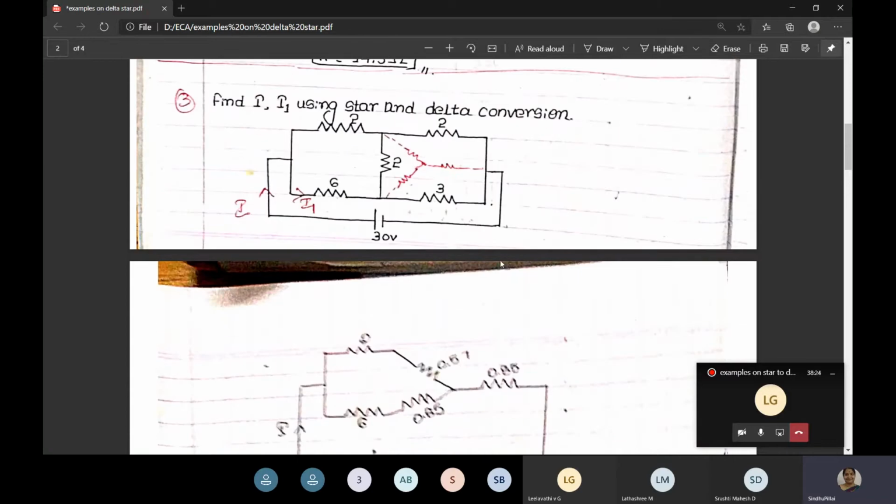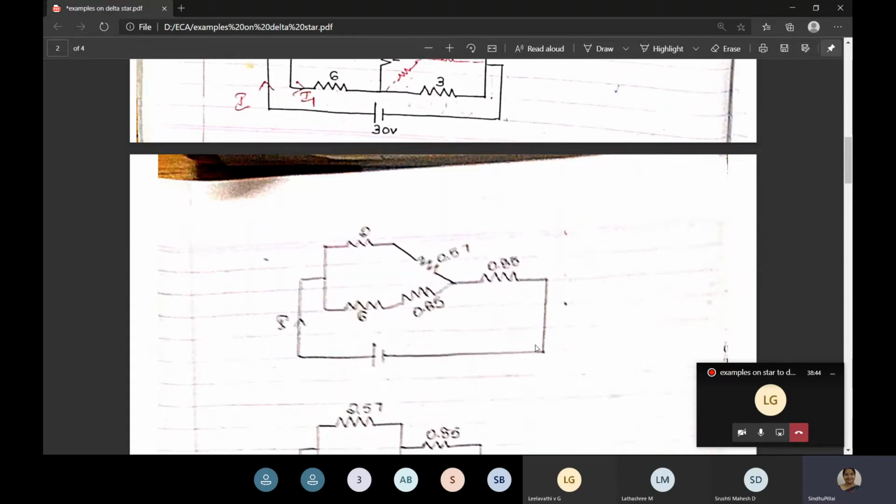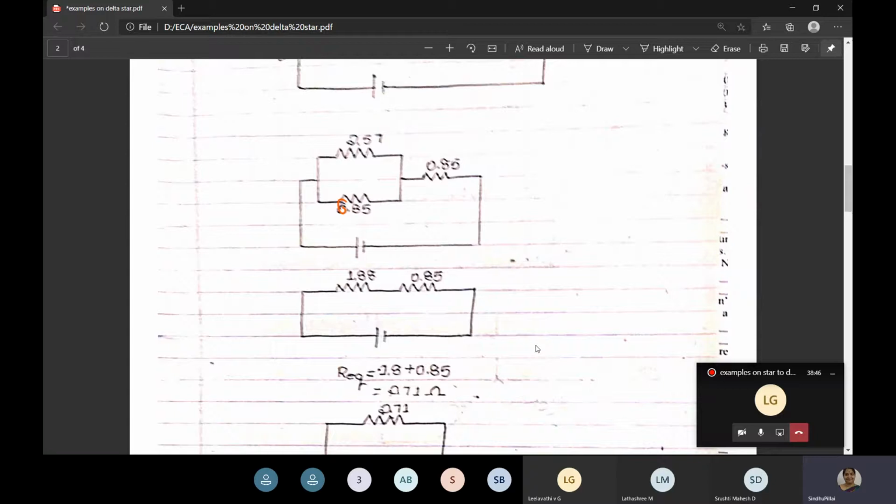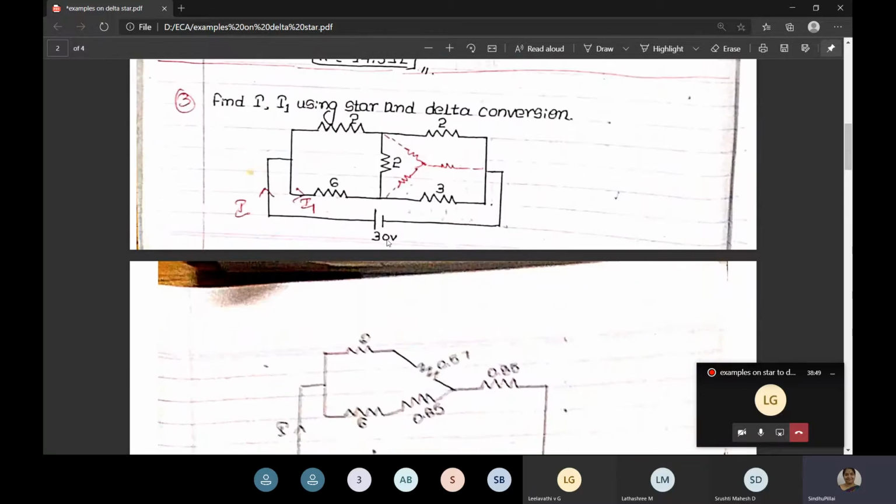Equivalent resistance means what? The resistance of this complete network. Okay, that is the equivalent resistance. After finding this, we still have to continue the problem, because we have to find out the current I and also the branch current. Now we know the equivalent resistance. Okay, the complete resistance of this network is nearly 2.71. Okay, and the voltage given to us is 30 volts. So we know the equivalent resistance and we know the voltage 30 volts. So we can find out the main current I. Okay, the capital I, main current we can find out.